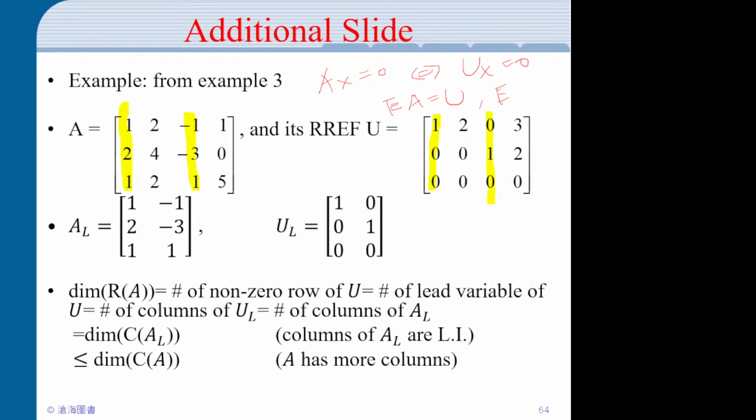Oh, sorry, not reversible. We call it invertible. Wait, is it invertible? Anyway, E is non-singular. Okay. And okay, so the important thing here is that the columns of AL are linearly independent. Okay. And then we can have this chain of argument here. Okay. So dimension of the